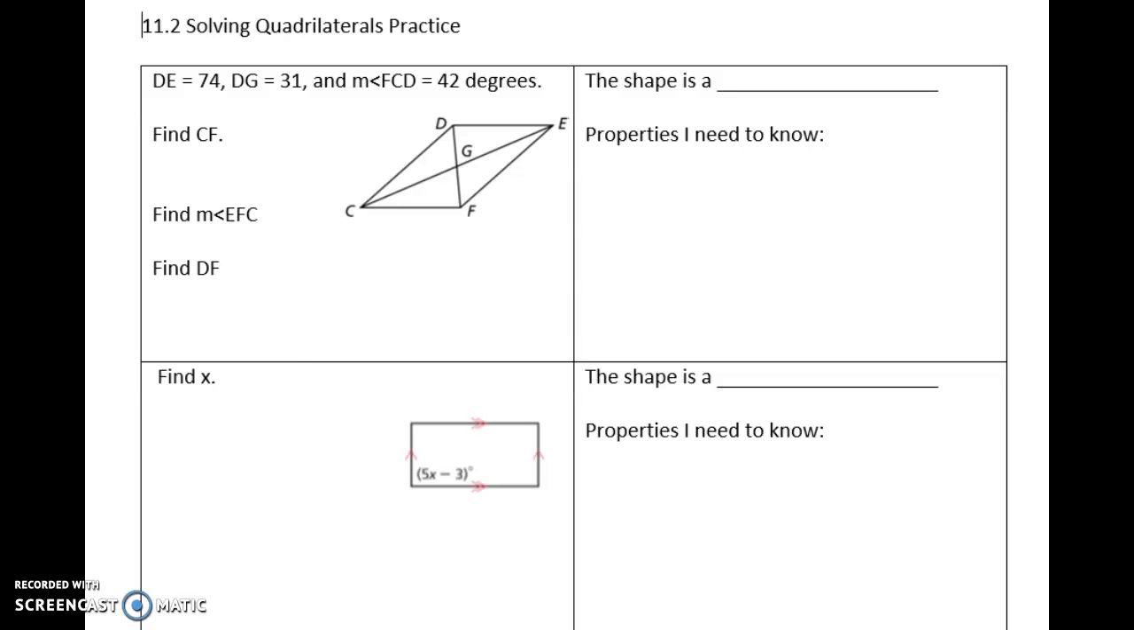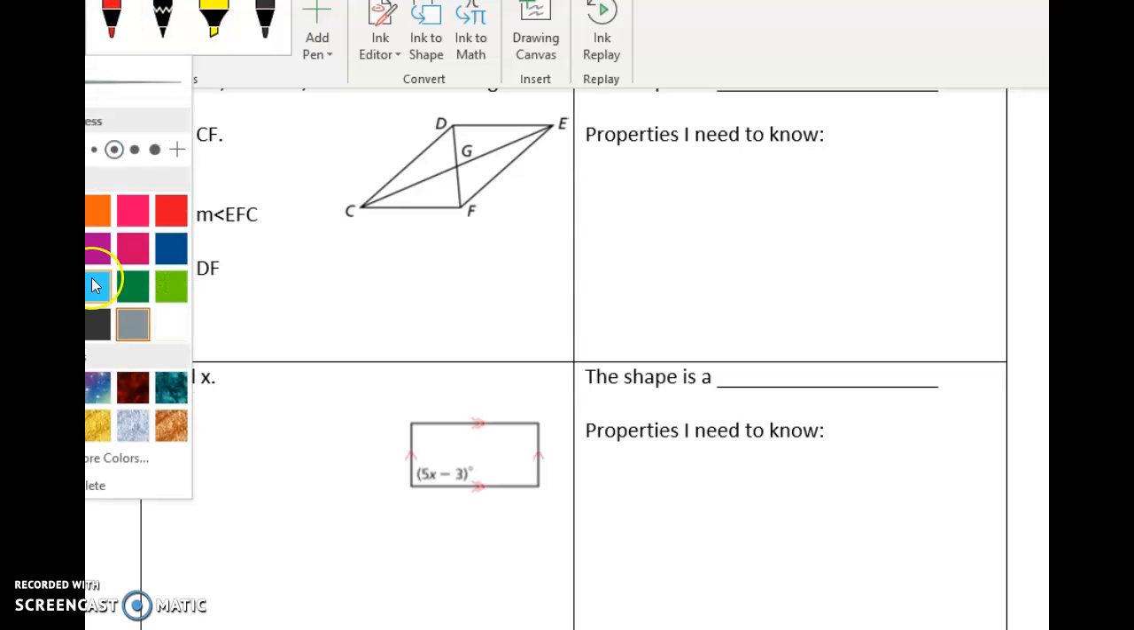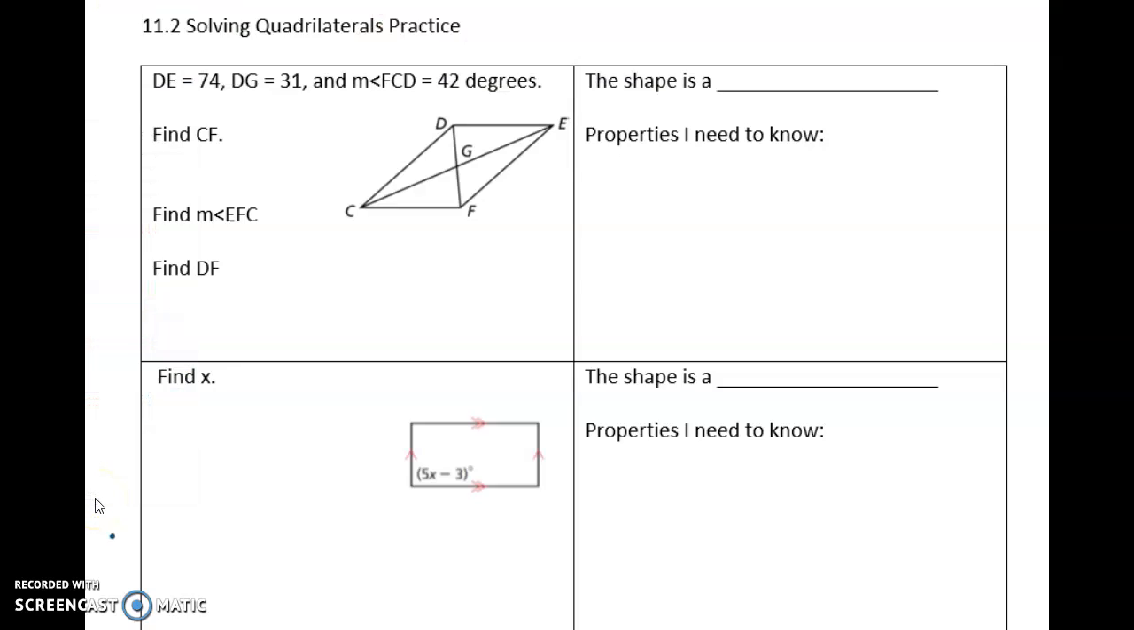And maybe to do us both some good. So let's get up here to draw. Let's change the color. All right, let's just go blue. Okay, so